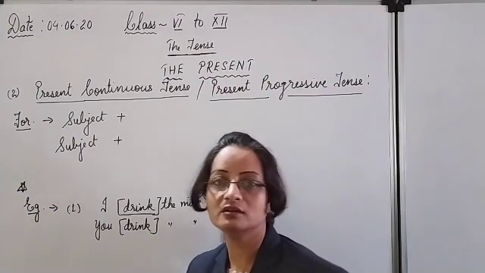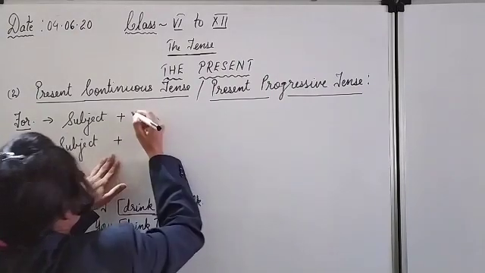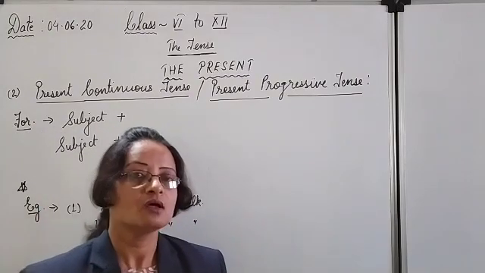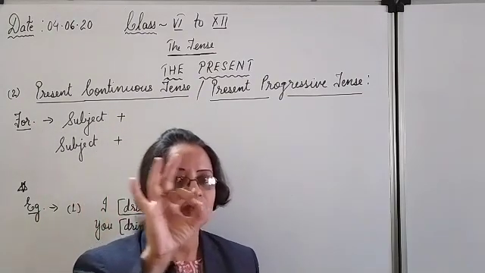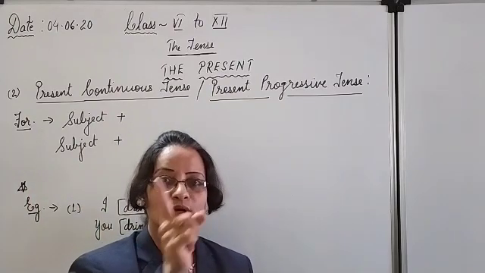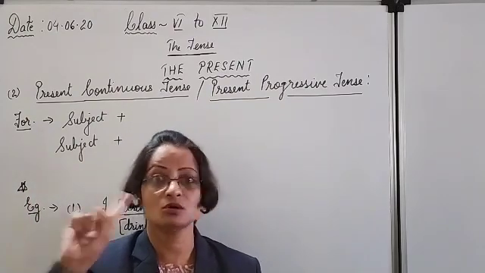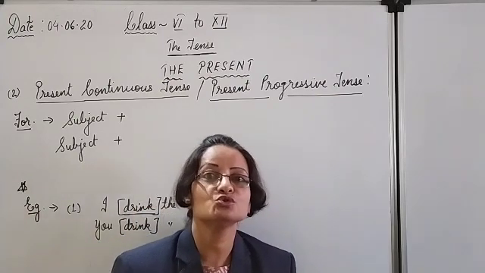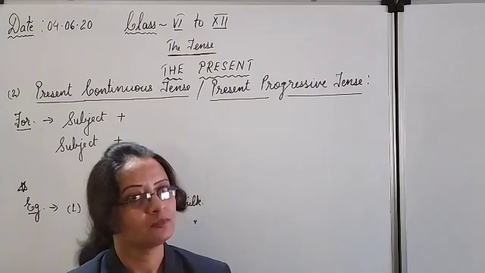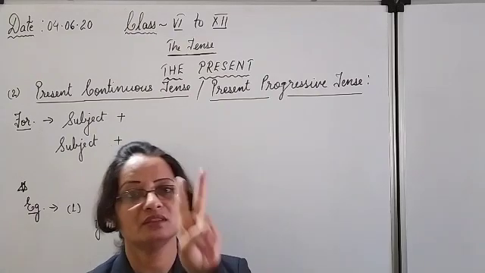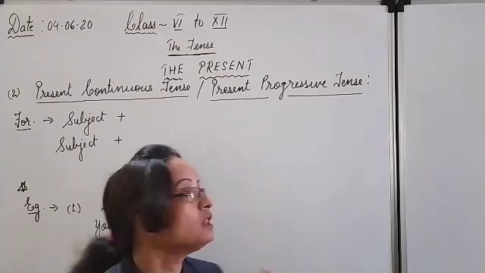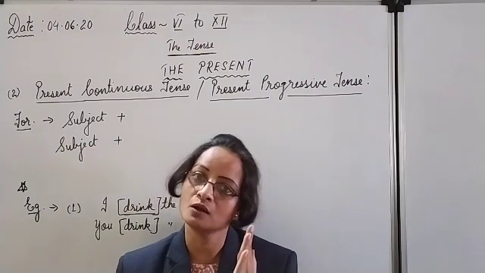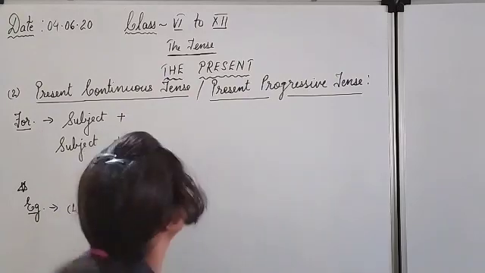What is the formula here? One thing you have to remember throughout: in the simple present and simple past, that is the simple of the present and simple of the past, not future, only the first two, you have to use no helping verb. Okay, clear? No helping verb in the present simple and past simple. All other 10 types of tense will take helping verbs. So no need to get confused.